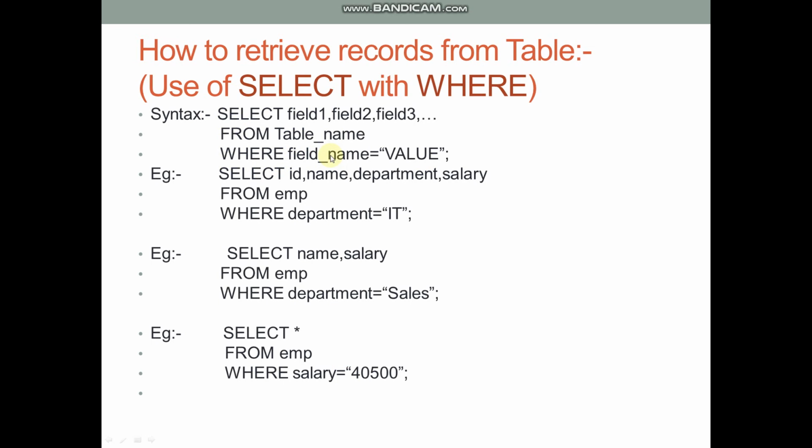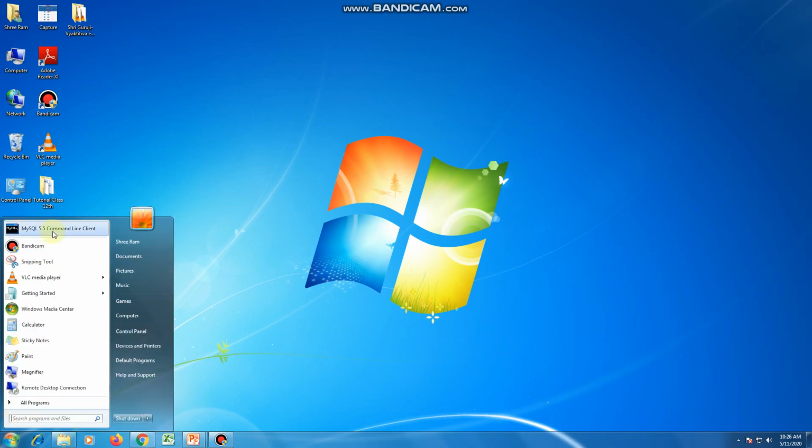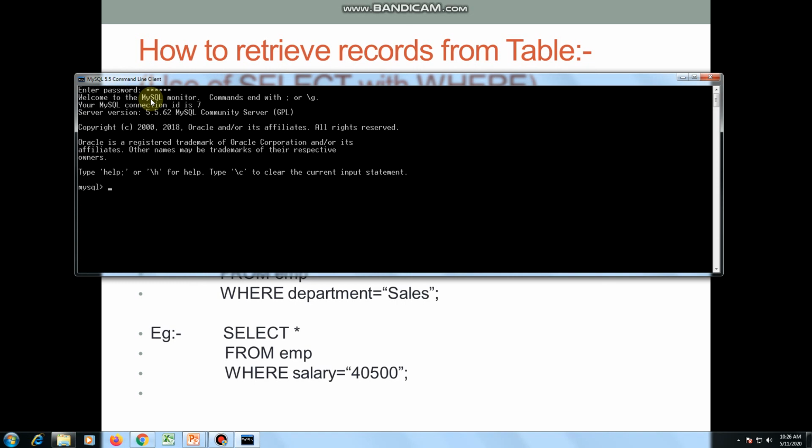Now we will have a live demo of the where clause in our MySQL database management system. To perform the live demo, as usual, we will start our MySQL server, and as you know the password for the MySQL server here is ABC123, which is the same as in our school lab.